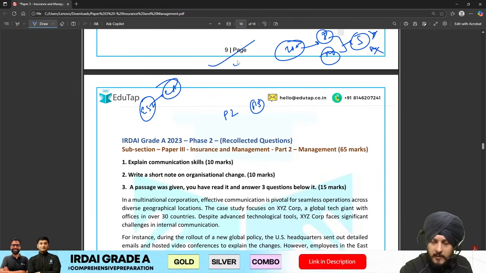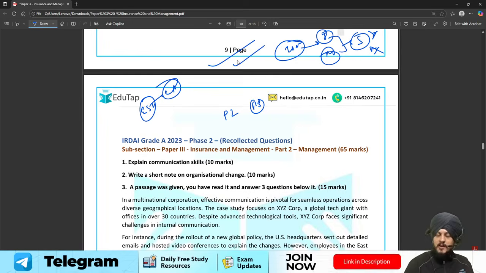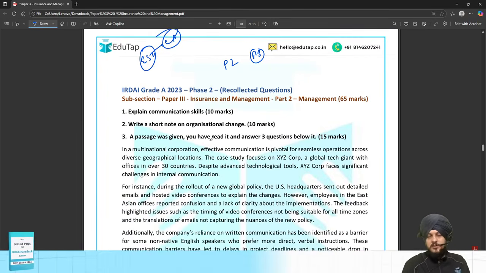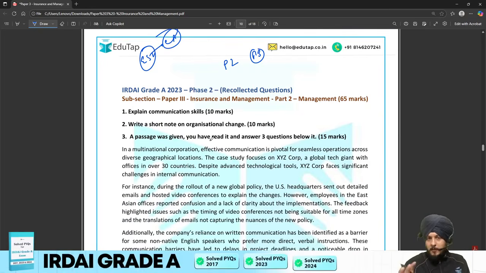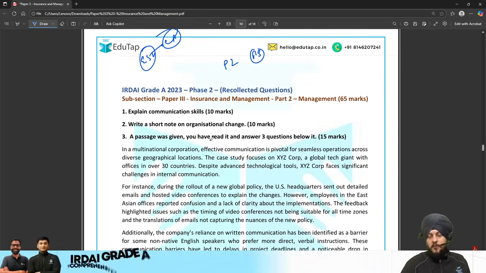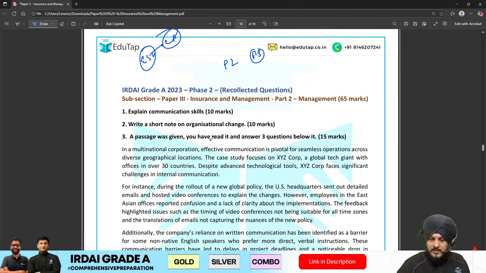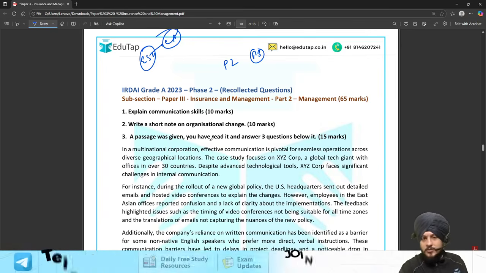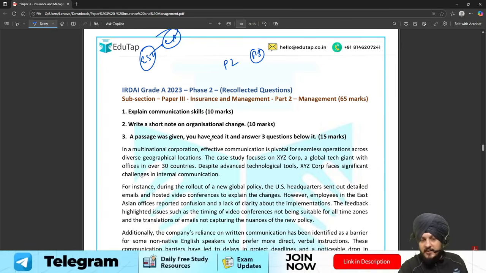Syllabus khatam toh matlab game khatam, theek hai? After that you don't have to do anything, you just have to revise it multiple times. That is the approach. And just look at the questions in case of management also, right? If you have ever prepared for exams like RBI or maybe SEBI, right? So in these types of examinations, where we have this management component, you can easily see that the questions are pretty much static, right? And the same rule applies in the IRDAI examination also.